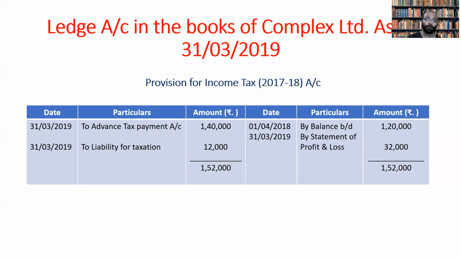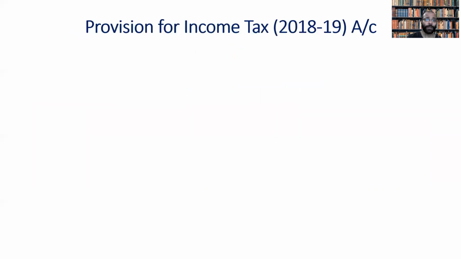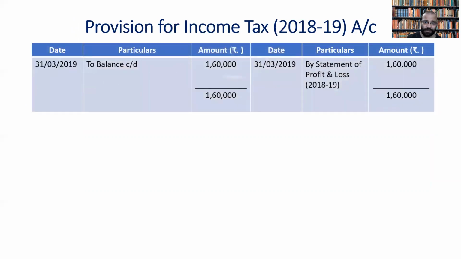So please remember that the provision for income tax account should always be tallied. Now let's go with the provision for income tax account for 2018-19. Here there is actually the previous year, that is 17-18, if two years are given, 17-18 and 18-19. For the current year, it need not be tallied because the balancing figure would be taken for the next year. But if a previous year is given, then obviously you should understand that, comparing with the current year, the previous year's ledger account should be tallied. If not tallied, there is some mistake. Please remember that.